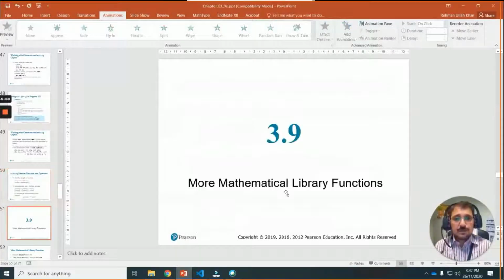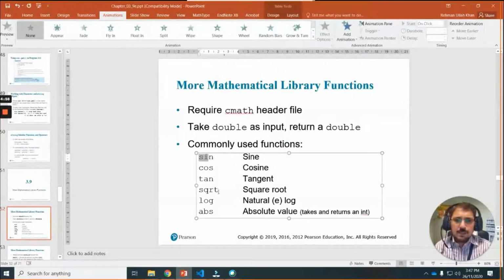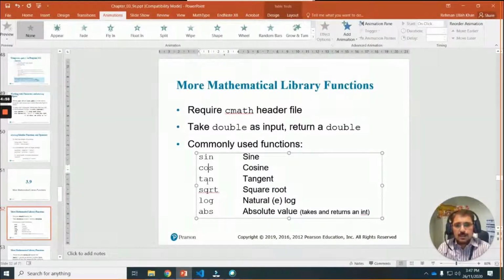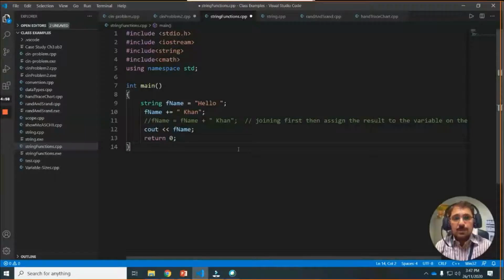Okay, next one, more mathematical libraries. For example, if you want mathematical calculations like sine theta, cos theta, tangent theta, square root, log, or absolute value, all these are possible, but you will have to include the cmath library. Let me quickly show you.